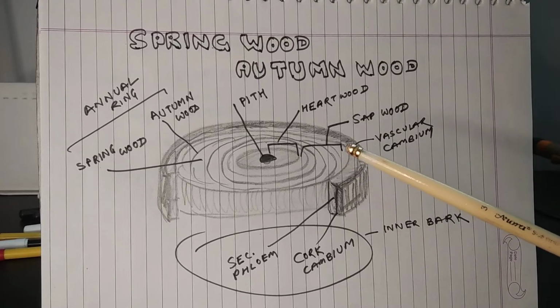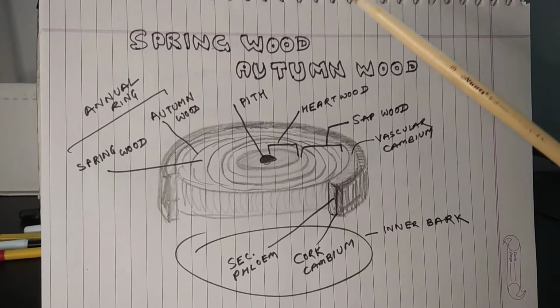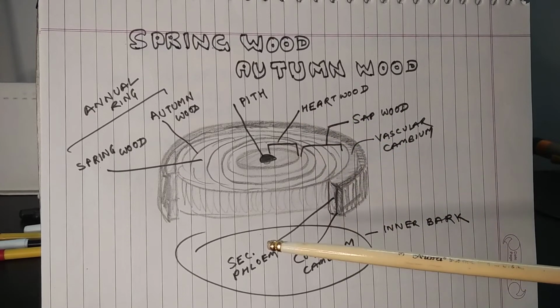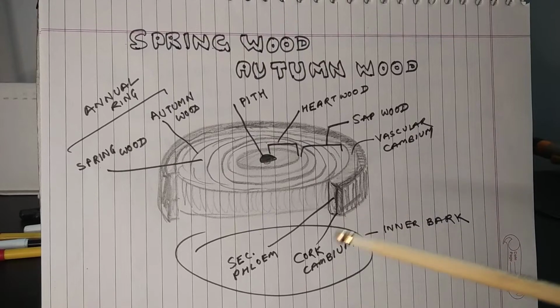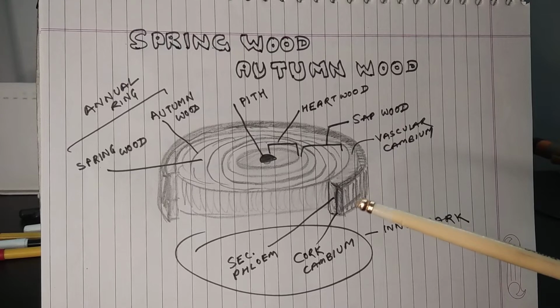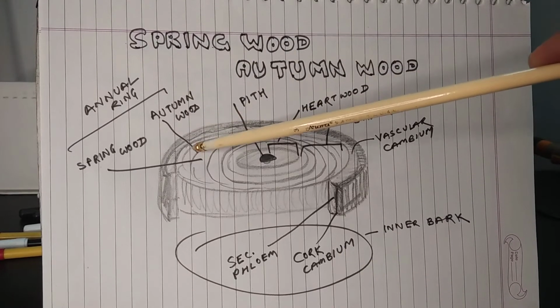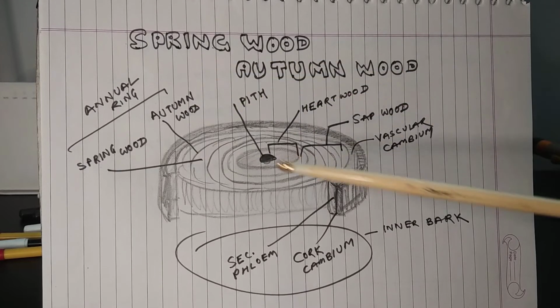So what happens? The wood which is produced during autumn is darker in color and is more dense. So we observe that when you look at the transverse section of a mature stem, or at a block of wood, you will find alternate dark and light colored bands, and these bands are because of autumn wood and spring wood. The darker band is formed from autumn wood and the lighter bands are formed from spring wood.